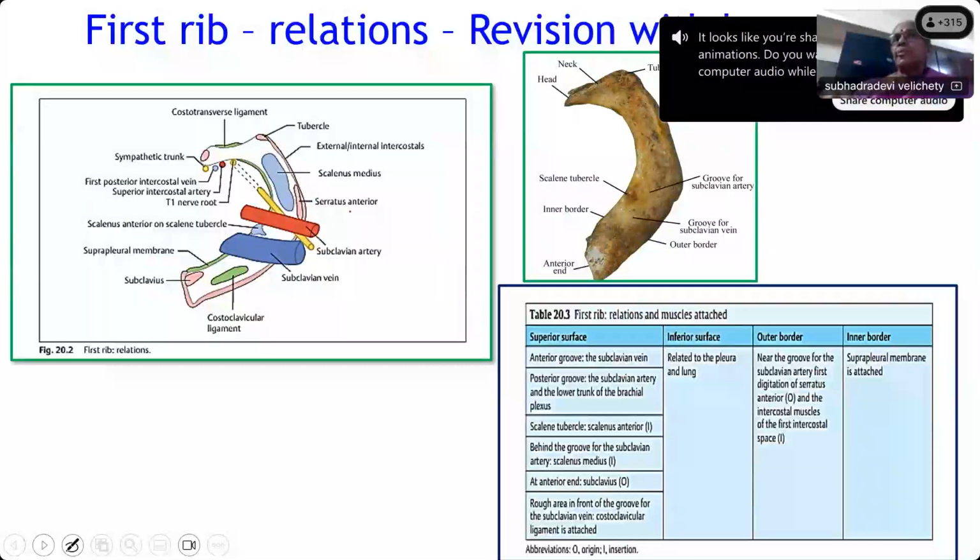and retention. Then what you are seeing is a diagram of the first rib and how to link it with the bone. Take the bone and identify these parts and try to match these. So where is it going, this part, where is it? You should be able to mark it here. By looking at this also, you can mark, and what is the scalene tubercle and what is in front, what is behind. And then comes making a table. First, the step and its relations. First, you should draw the diagram, understand it,